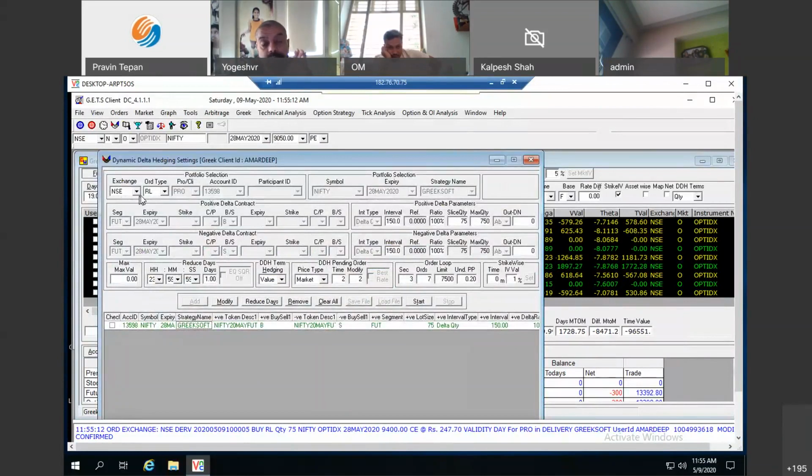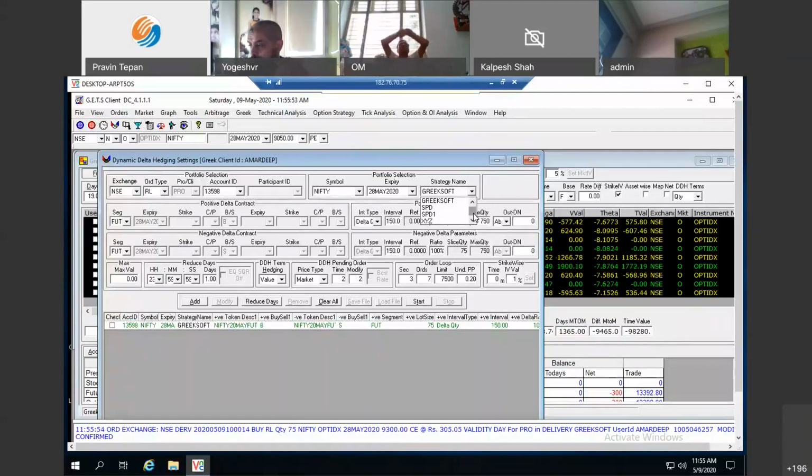Now in my DDH screen, I would be able to hedge my delta on a portfolio level. I would be able to hedge my delta on a strategy level. So, if I had some strategies, SPD, SPD1, XYZ, any strategy that I wanted to hedge that delta, that is possible. I had 2L, 3L, 4L, as you can see on my F7 screen. So that is why we tell you to give a particular name to a strategy so that you can bifurcate and you can hedge them on your F7 screen and DDH screen. So it is important that you name your strategies.